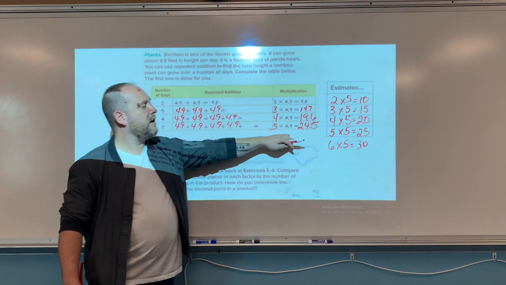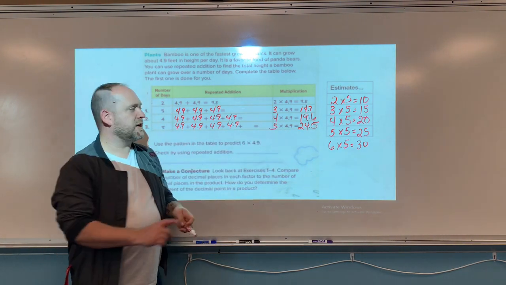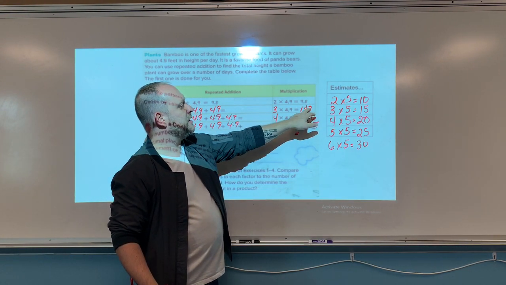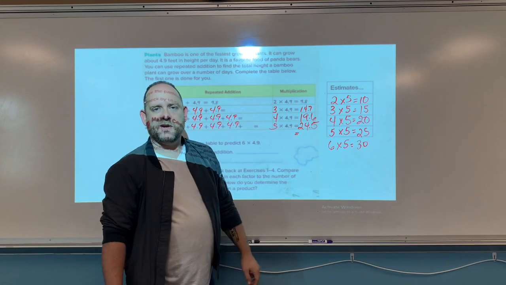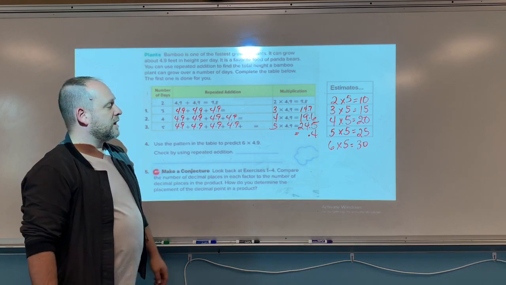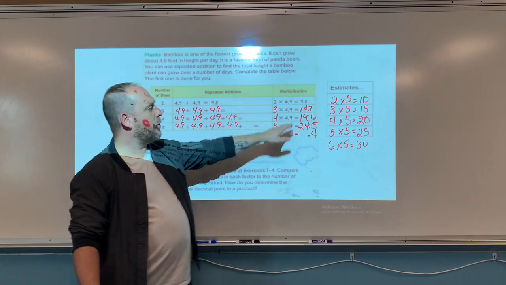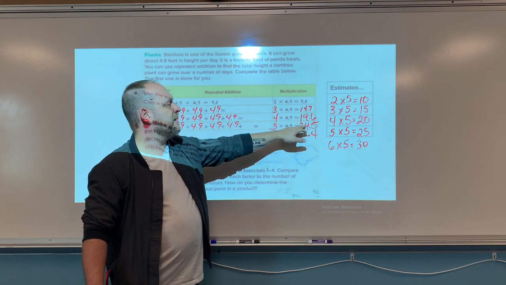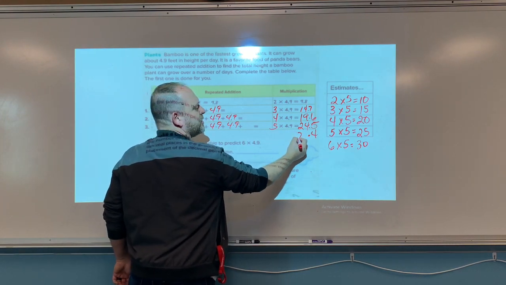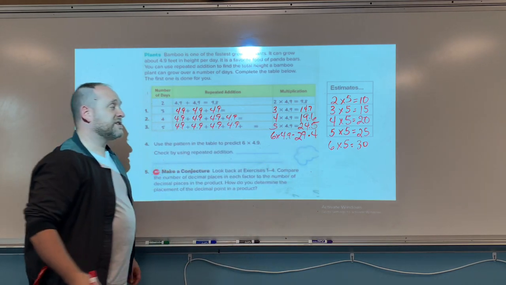But if I look at my factors over here with my answers, each number times 4.9, look at your answers. Each time, my 10th spot is getting smaller by 1/10. Well, I know my answer should be a 4 there. And then as I look at my 10s in one spot, this whole number keeps getting bigger by 5 each time. So 24 plus 5 would be another 29. Actually, if we work that out,